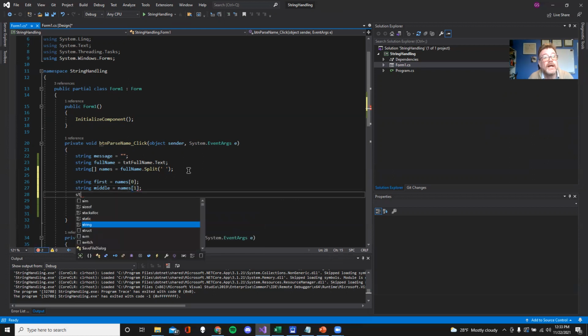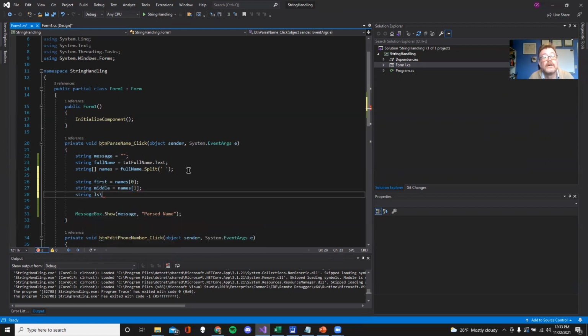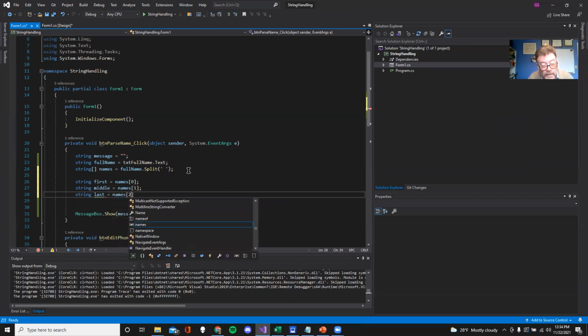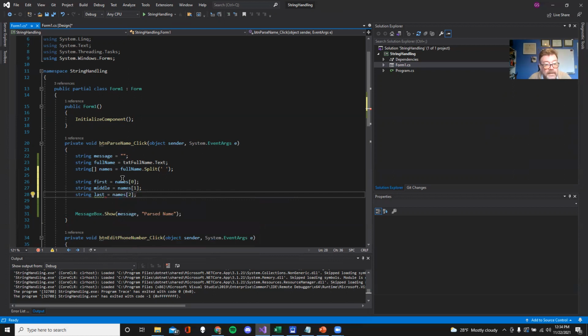And then string last, not a reserved word. These are horrible variable names, by the way. Names 2. All right. Okay, good deal. And now all I got to do is in my message, say that the message is assigned